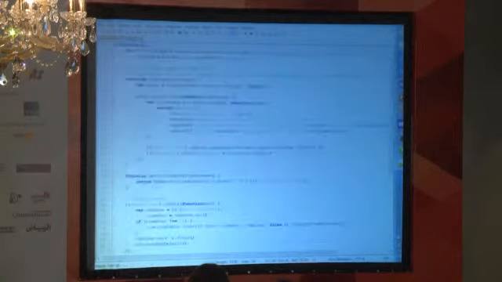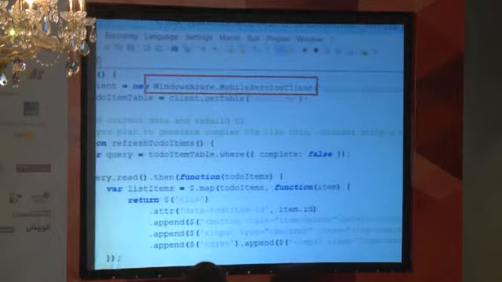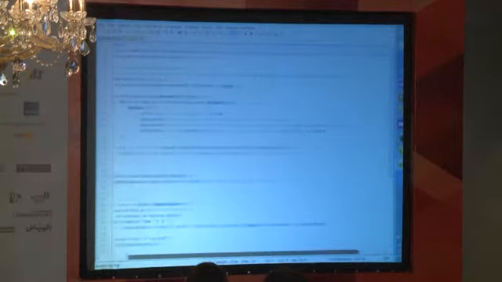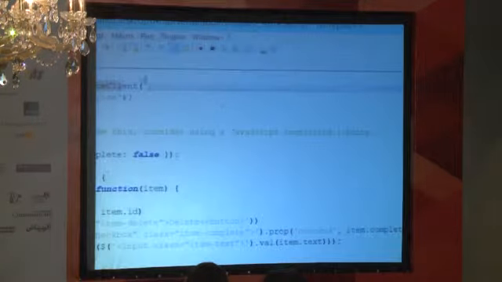Very simple one. And in the application.js file, app.js file, it basically creates a Windows Azure mobile service client, which has the ID of my mobile services URL and my application key. And then it basically does some jQuery stuff to access my mobile services. Now my application,